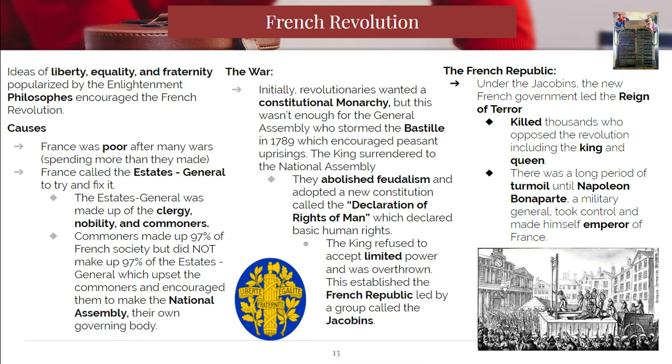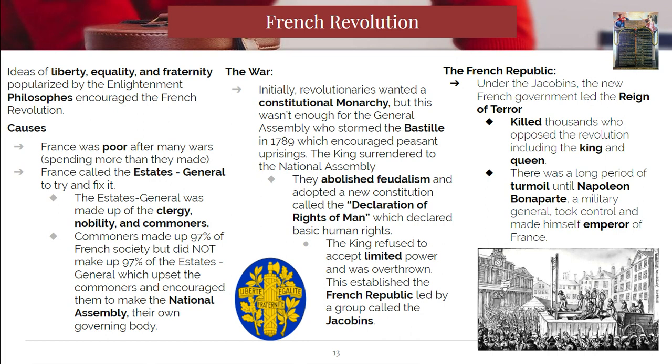Okay, so we'll get to the causes here, right? As we discussed, France is poor. They're out of money. The French government, especially, is out of money. They've got debt because of the American Revolution and a number of other costly wars that they weren't successful in. And so, when you spend more money than you make, there's only a couple solutions for that, right? Raise the taxes is the easiest one. So the French king calls the Estates General, and the Estates General can be compared to the English Parliament, but